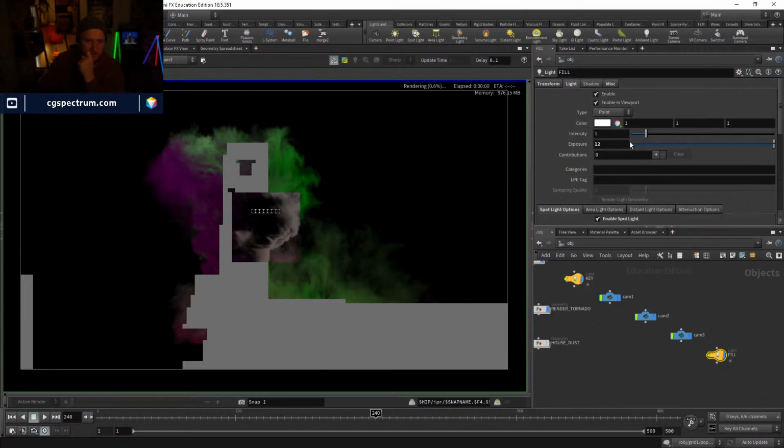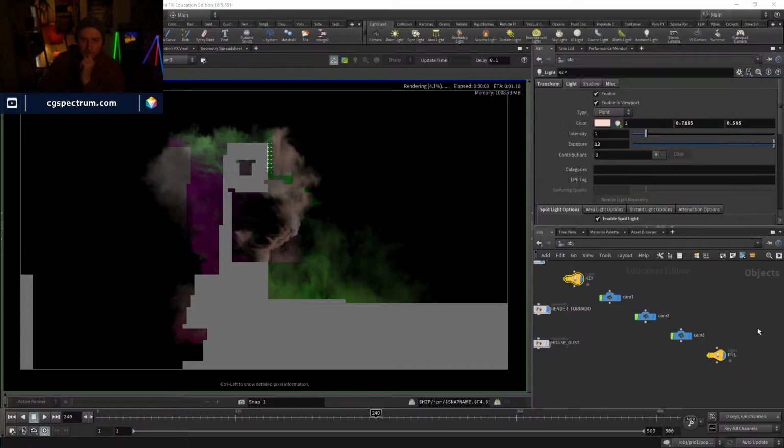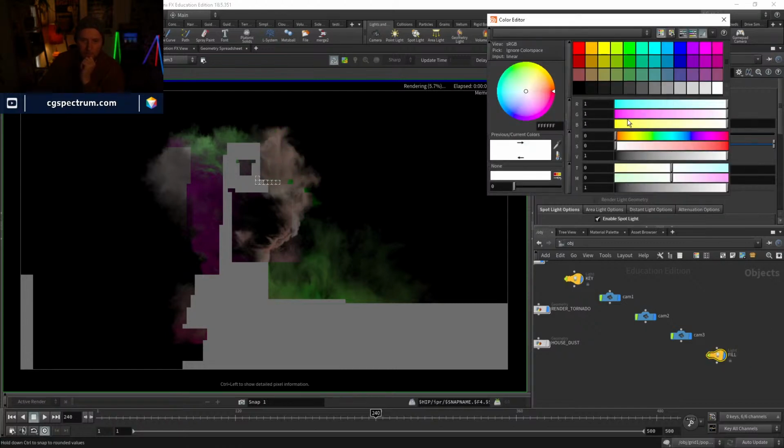I find that it is a good idea to not necessarily have white for all your lights, because it does contribute to it looking very sterile and 3D. So it is a good idea to give them a bit of warmth or a bit of color just to make them feel a bit more interesting. You don't want it to be too crazy saturated, but